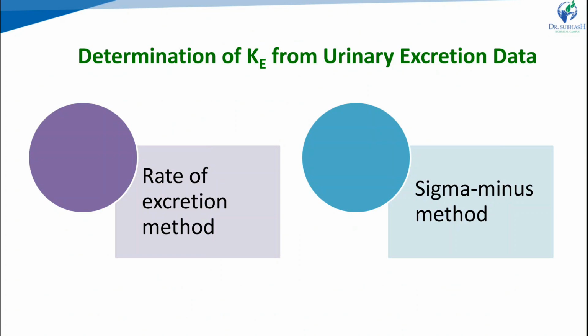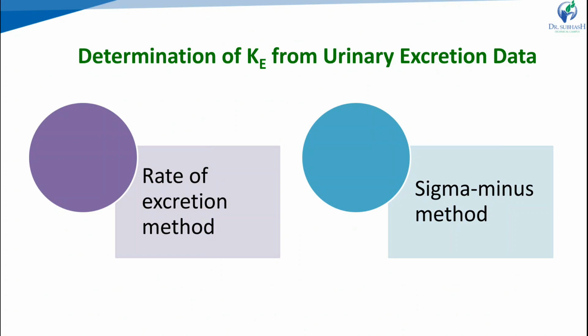During sampling, the exact time and the volume of urine excreted should be noted. Individual collection periods should not exceed one biological half-life of the drug, so ideally it should be considerably less. Changes in urine pH and urine volume may sometimes alter the urinary excretion rate. So these are the criteria for valid urinary excretion data.